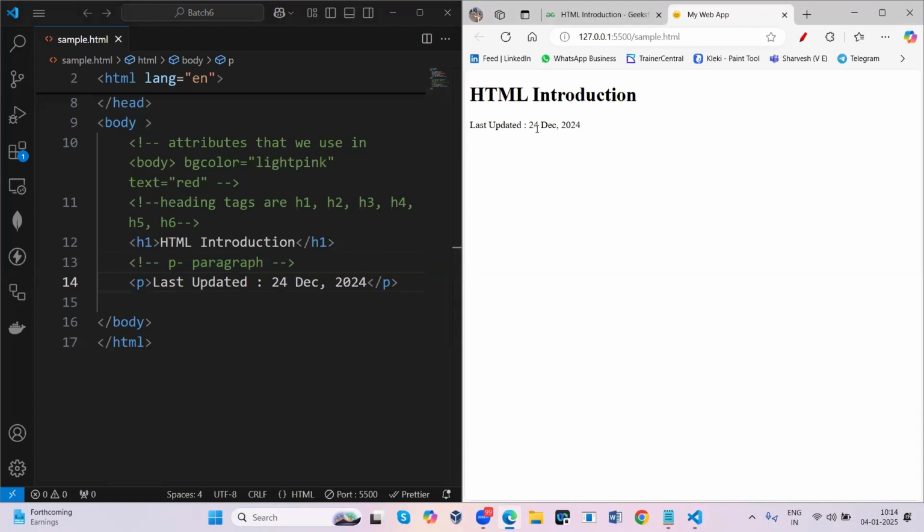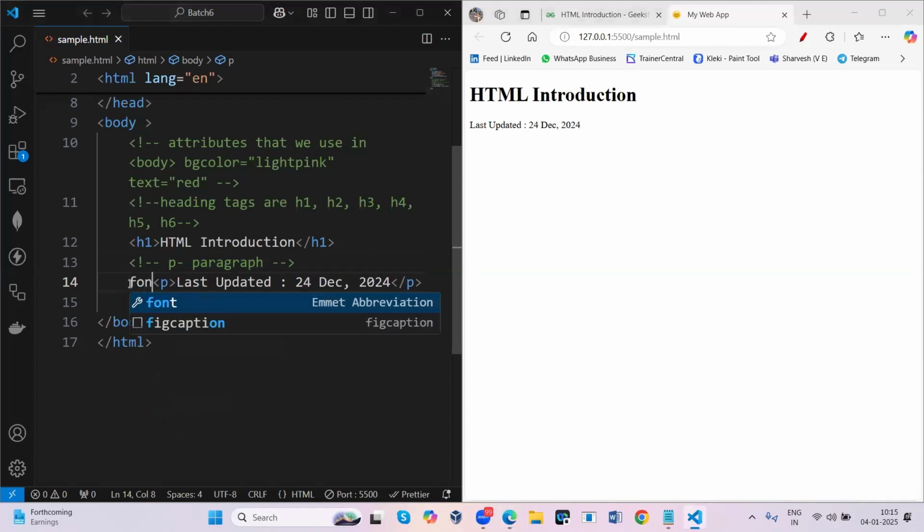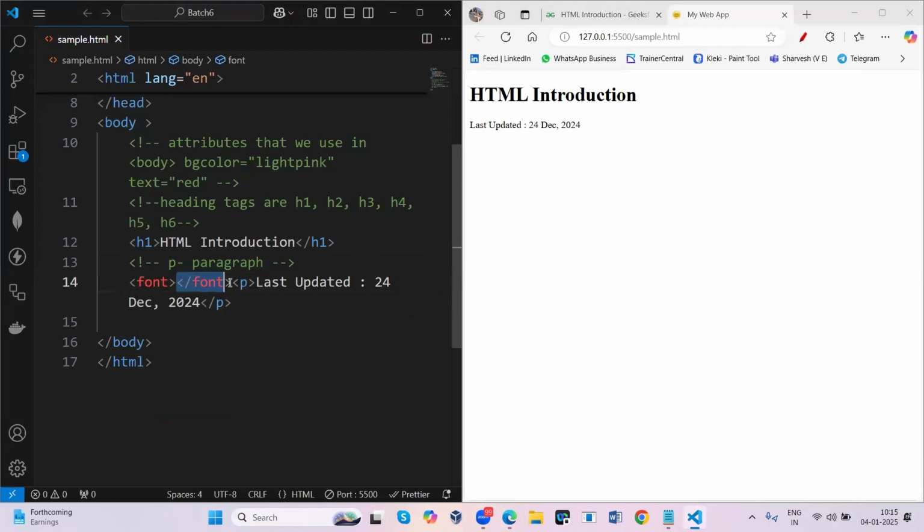Now I'm just going to change the color of this text. How to change the color? Using CSS properties, or there is a tag present in HTML, the font tag. In this font tag, just keep that paragraph inside the font tag, and there is an attribute in this font, not text, I think color.